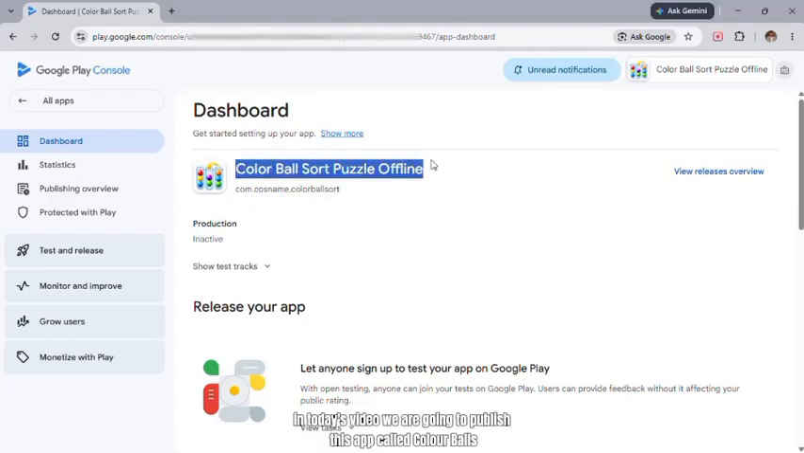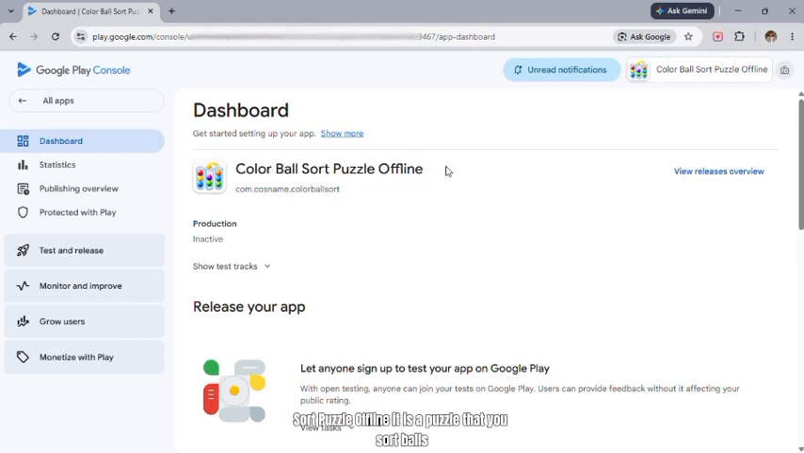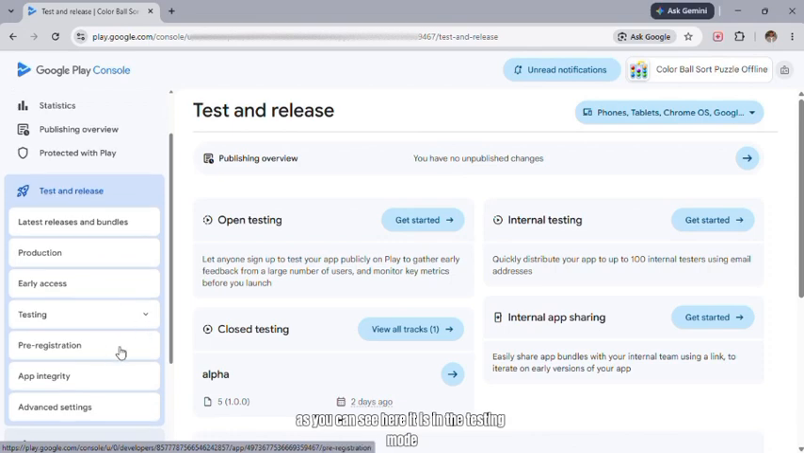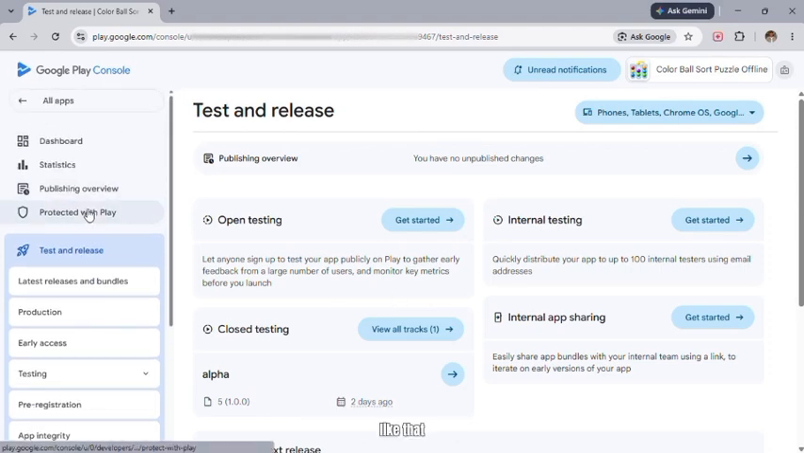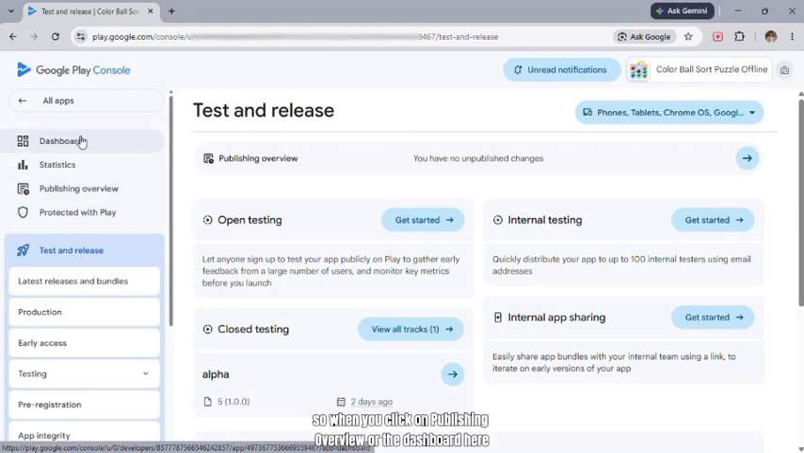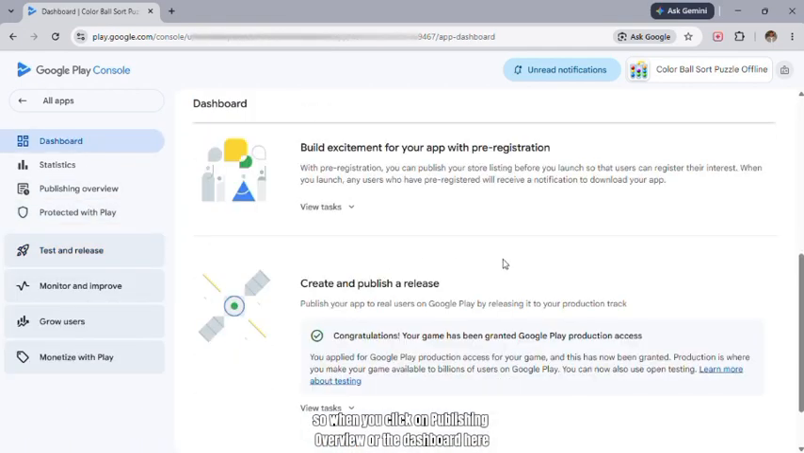In today's video, we are going to publish this app called Color Balls Sort Puzzle Offline. It is a puzzle where you sort balls. As you can see here, it is in the testing mode. As you can see here, the last update was 7 days ago, like that. So when you click on publishing overview or the dashboard here, you are going to see this message